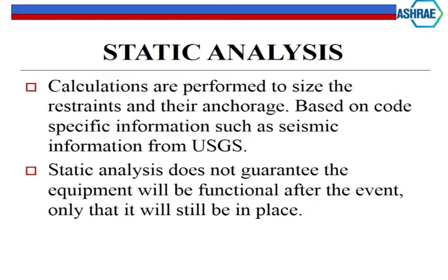Still be bolted down in place after the event, right? And that's what many areas of the United States are looking for. Make sure the equipment's in place, right? It's what we like to call in the United States